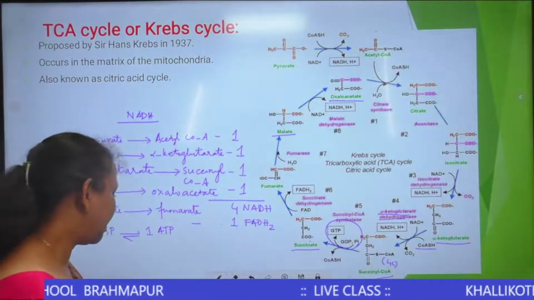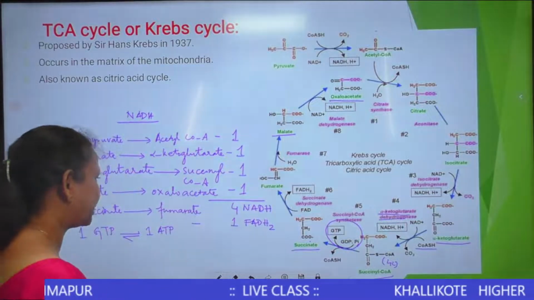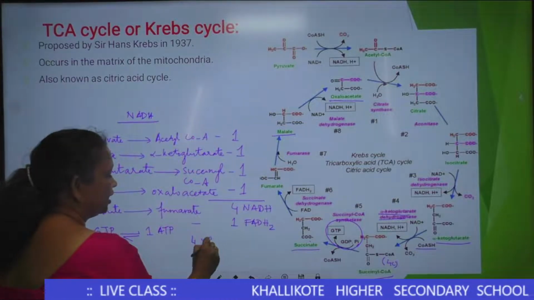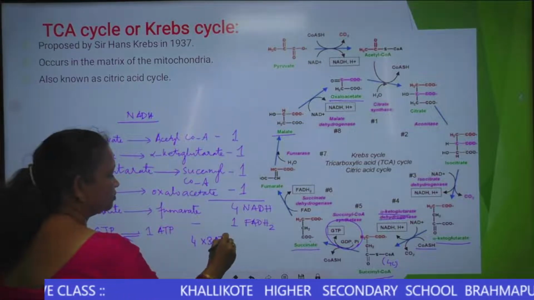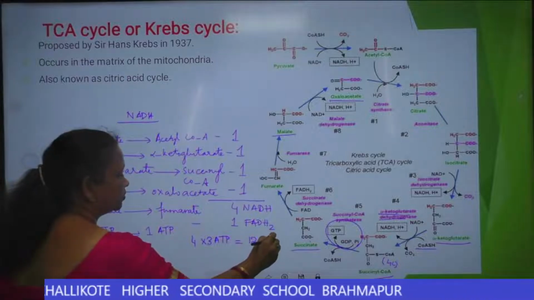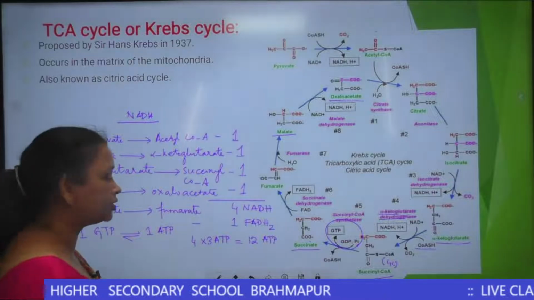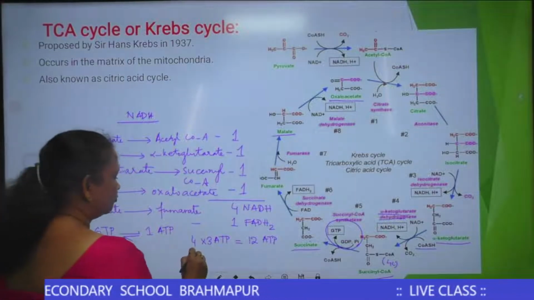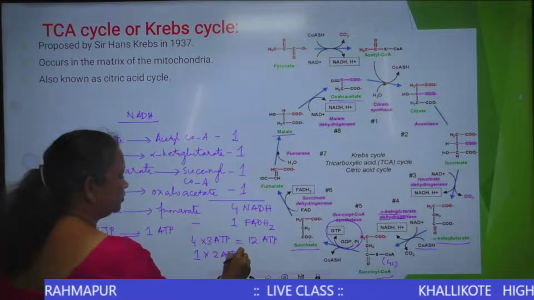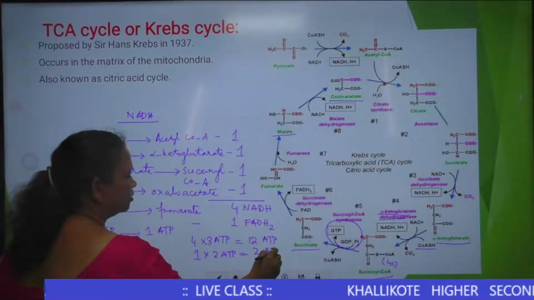So, the number of ATP molecules that can be obtained is 4 into 3 ATP for NADH, that is 12 ATP. For one FADH2 molecule, you can have 1 into 2 ATP molecules, that is 2 ATP molecules,